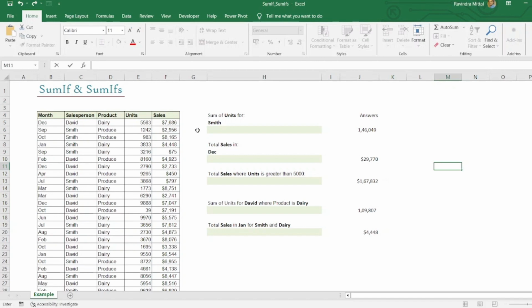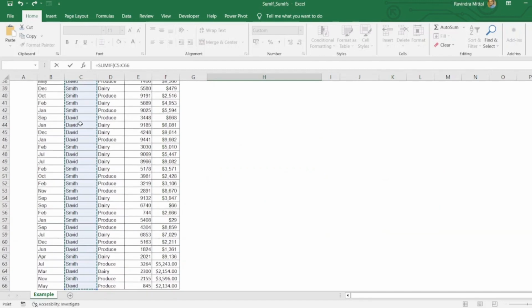First is sum of units for Smith. As we have only one criteria, we'll use a SUMIF function. So equal to SUMIF, range. So we need to get the range. Where is Smith? It's in the salesperson. So our range will be salesperson,